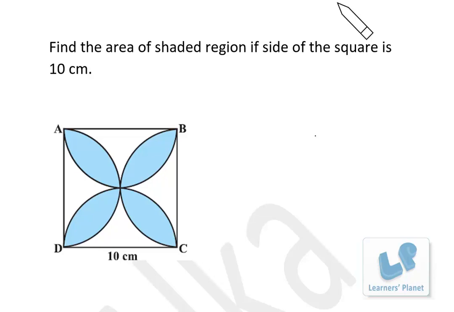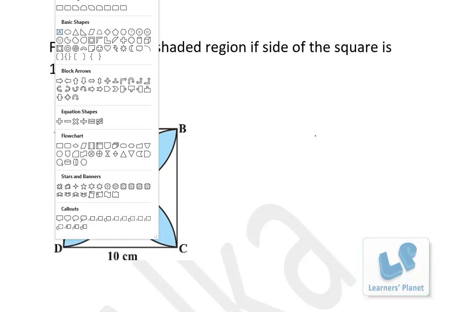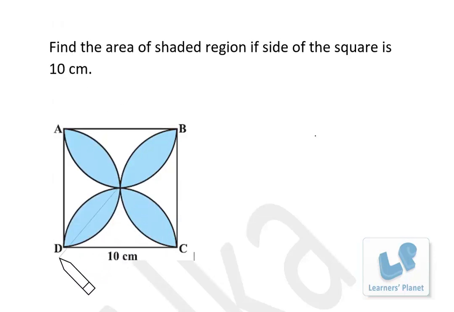So what I do over here is I complete the triangle. Now this is a triangle I have made over here. I suppose this point is O. Okay, now ODC is a triangle, and OD is equal to OC since O is the center of the square. So OD is equal to OC, and